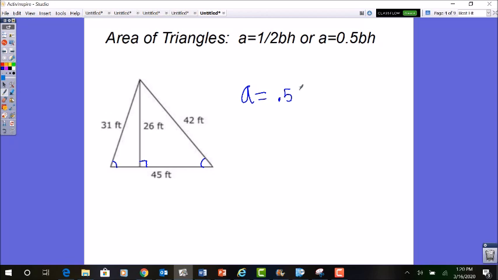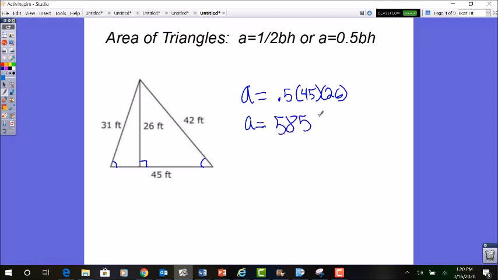So 0.5 times 45 times 26. You guys who are working at home, you can use a calculator for this, because again, we're not really concerned about the computation part of this. We're more worried about you actually doing the area. All right, and you should end up with